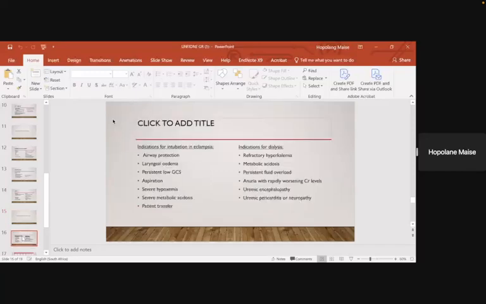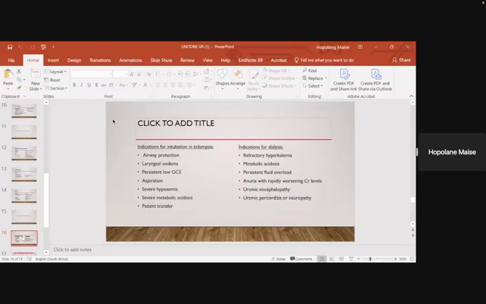Okay. So indications for intubation will be airway protection, laryngeal edema, a persistently low GCS, risk of aspiration, severe hypoxemia and severe metabolic acidosis, or maybe you want to transfer a patient from one institution to another. Then for dialysis: refractory hyperkalemia, metabolic acidosis, persistent fluid overload, anuria with rapidly worsening creatinine levels, uremic encephalopathy, and uremic